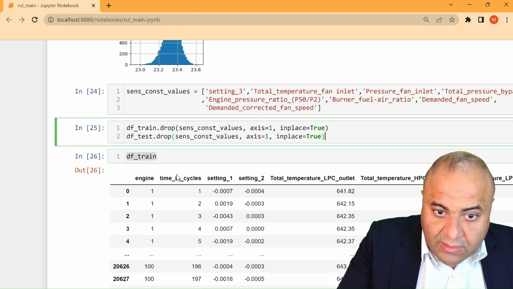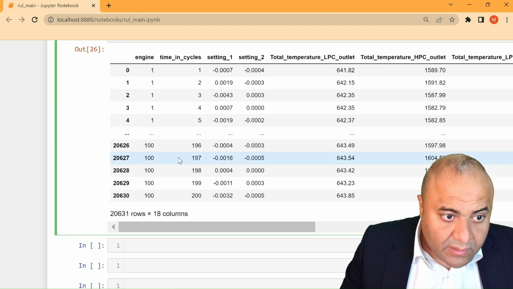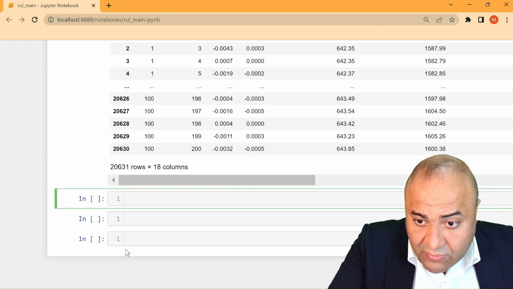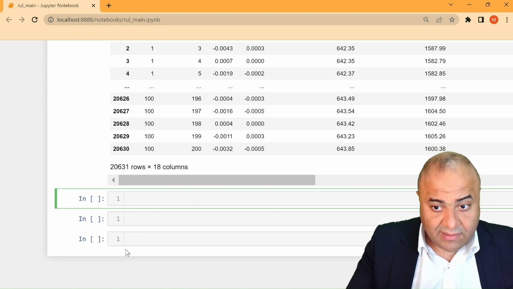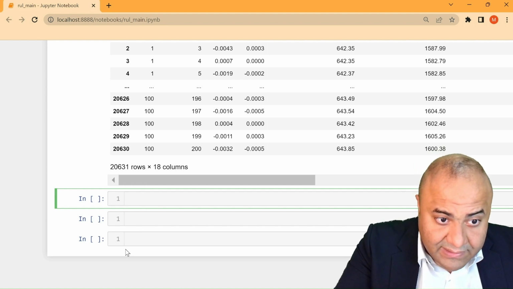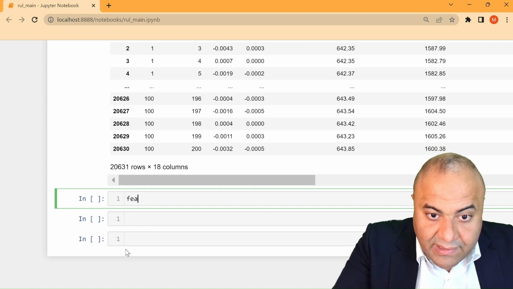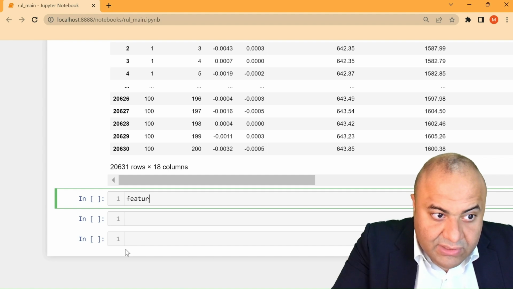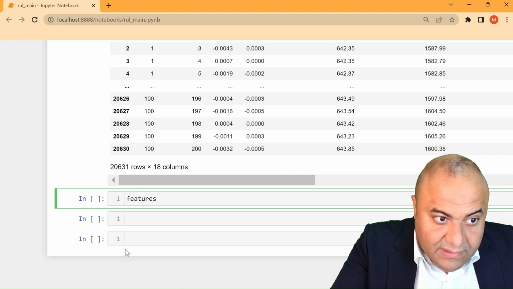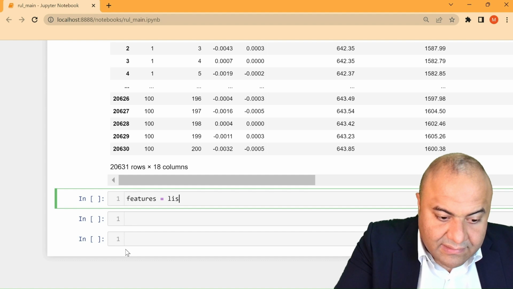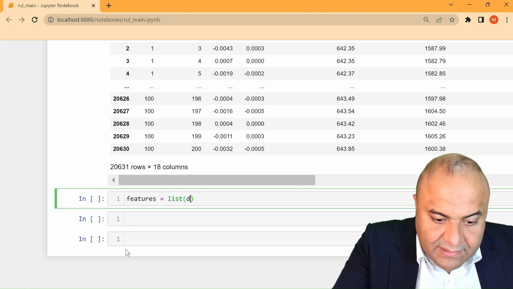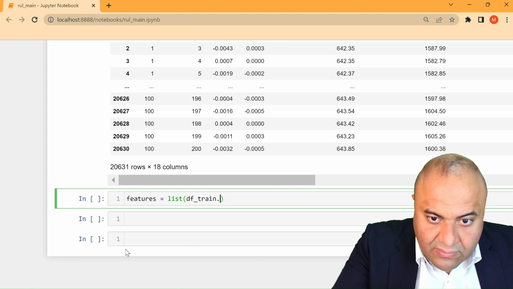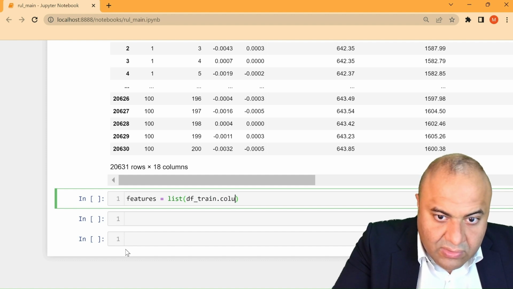Another important thing for us to do is to check if we have NA values or not. For that, we have to check our training and testing data. Features equals list of df train dot columns,